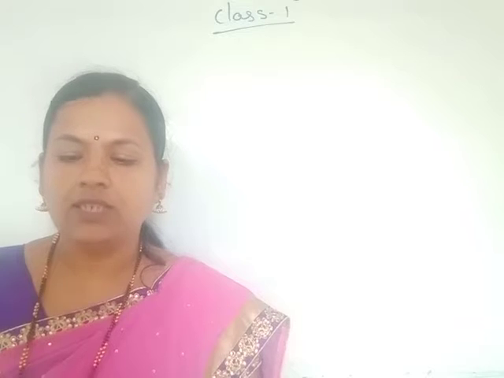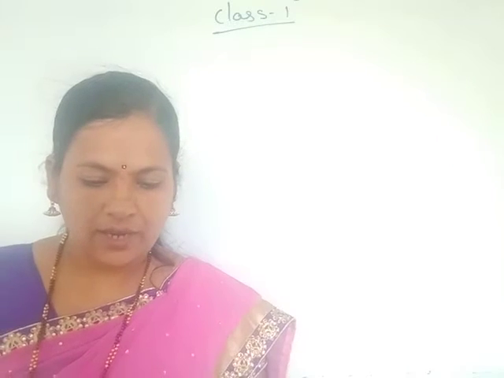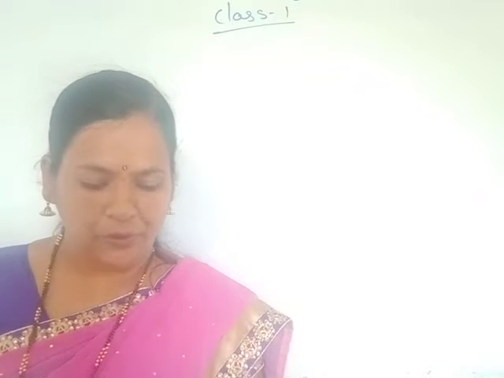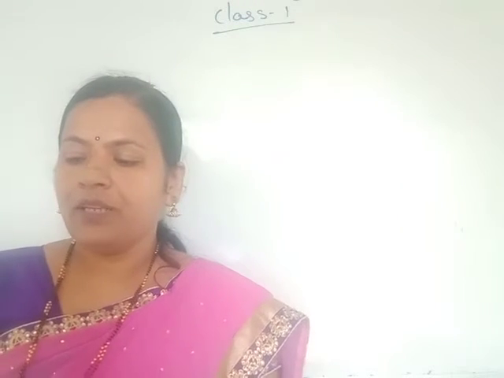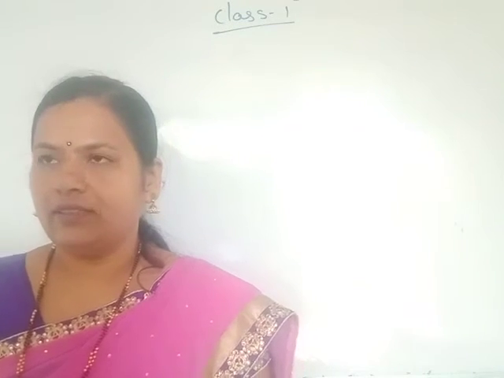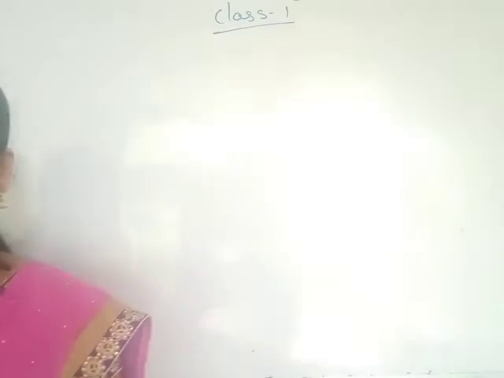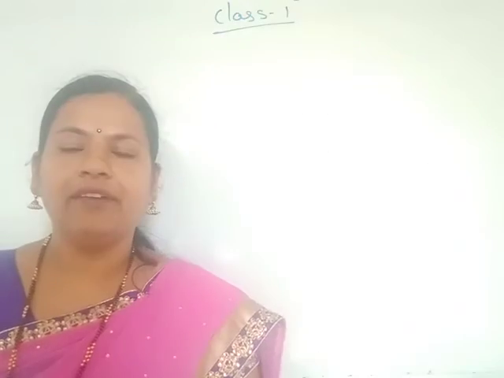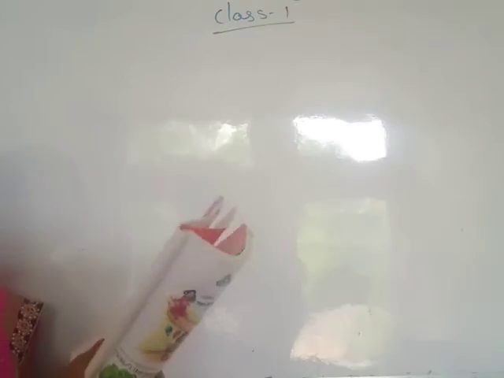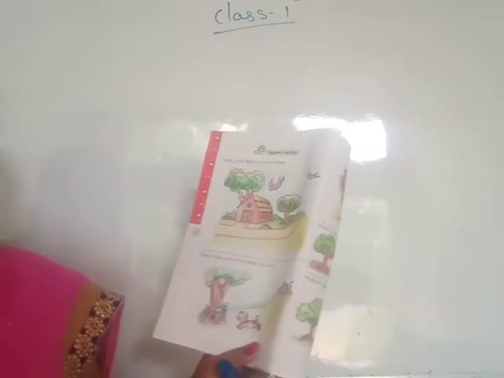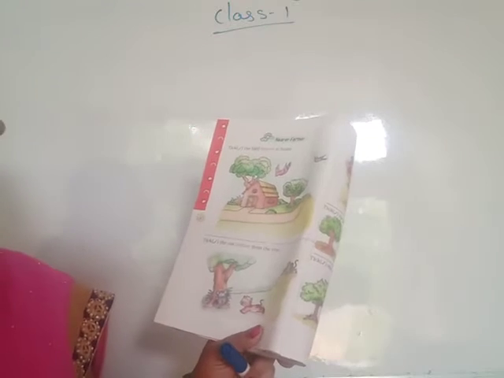In this math magic book, this NCERT math, we have started the first chapter, Shapes and Shape, and we have studied some points. Then the next point in this first chapter is nearer and further. Near means close, and far means दूर. Then you see here. Next point, nearer and further.